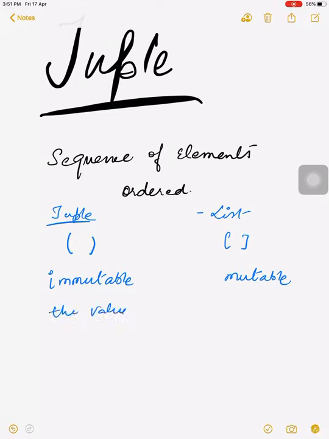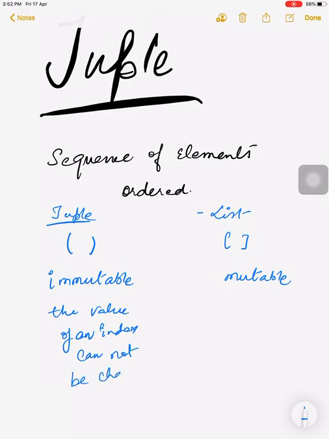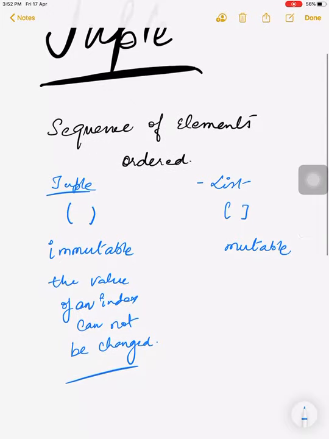You already know about mutability and immutability. Mutable means you can change the value, and immutable means the value of an index cannot be changed.